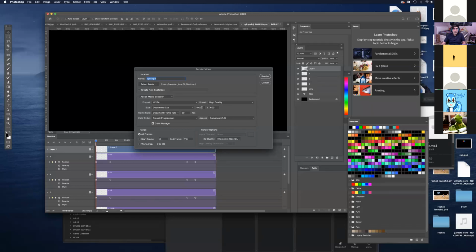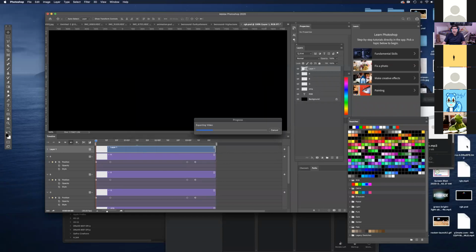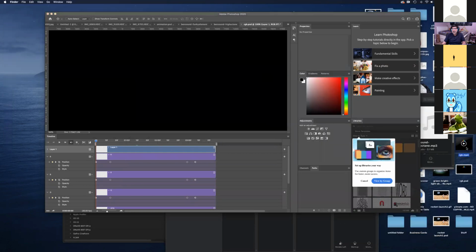This is where I can change the document size if I want to. Let's say this was an ad and it was supposed to be played in some web banner, and they have given you a pixel dimension that this should be this big. You can put that number in there at that time. 30 frames per second is fine. I'll make sure that I'm saving all my frames. Okay, and then just render. It's going to appear right here. So this is my video file now. If I open this up,